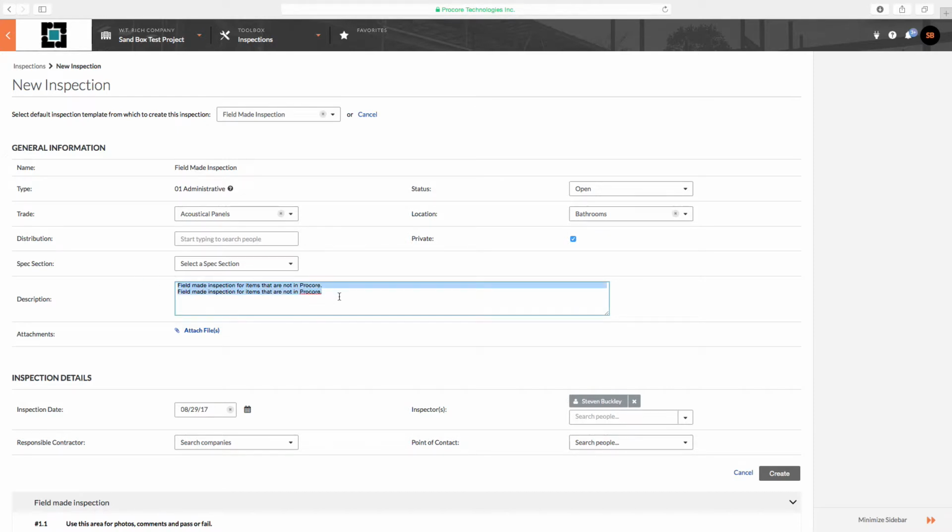Description is what it will tell us that we're inspecting. Without this description, we will have no idea of what it is. So here I happen to click acoustical panels trade. We actually do have a pre-populated inspection for that, but for the sake of this video, we will pretend we do not. And then in description, we will put in here panels